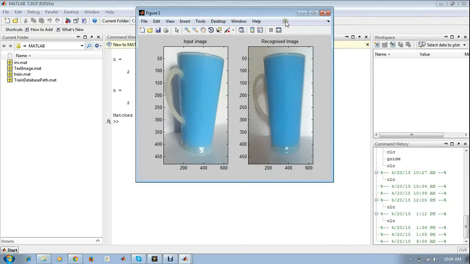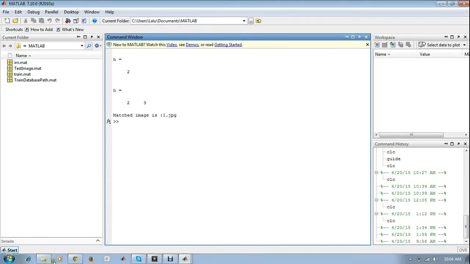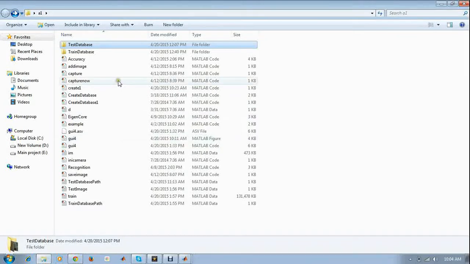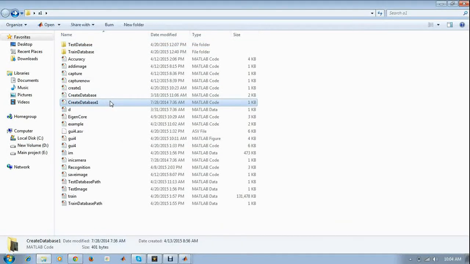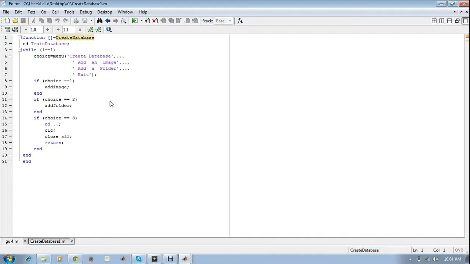The code regarding our project also has another option to create a database. I'll show you. It's not a dynamic process. You can add to the database here. For now, I'm running create database 1.m. First, we have to add the path to the database.